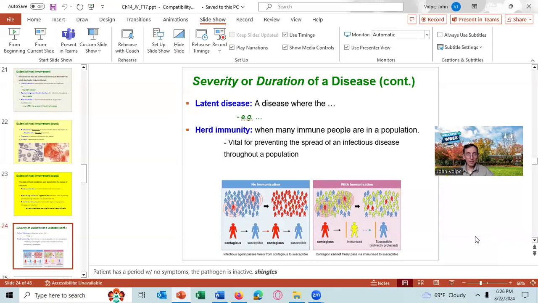I've already talked a little bit about a latent disease. This is a disease where the patient has a period with no signs or symptoms of the disease. For example, a child comes down with chickenpox, and then maybe decades later, that virus comes out and activates. We call that a latent disease, where the patient has signs and symptoms of disease once again. It's just that the signs and symptoms aren't the same as the chickenpox, but